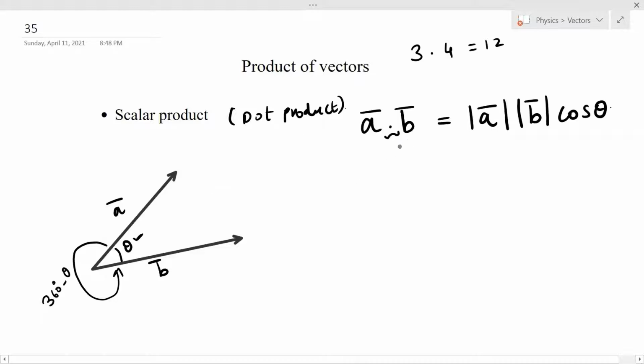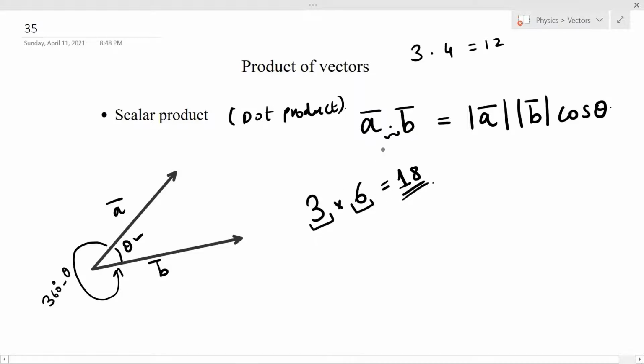Now you can understand this dot product like this. Suppose I have two numbers, one is 3 and another is 6, and I want to increase the value of these numbers. So 6 has double the value of 3, and 3 has half the value of 6. Suppose I want to increase the value of this number, so what I will do is I will multiply 3 and 6 and I will get the answer 18. Now 18 is of a higher value. It is 3 times that of 6 and 6 times that of 3. So I have got a higher number.